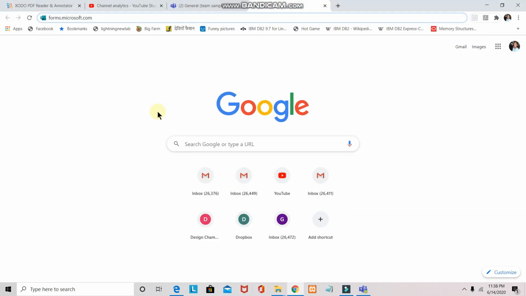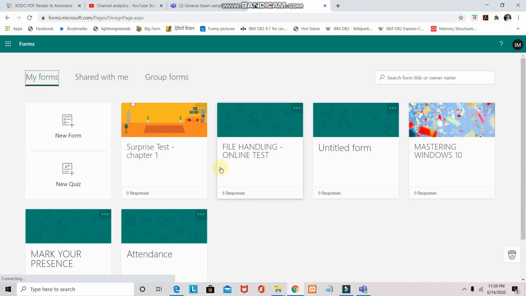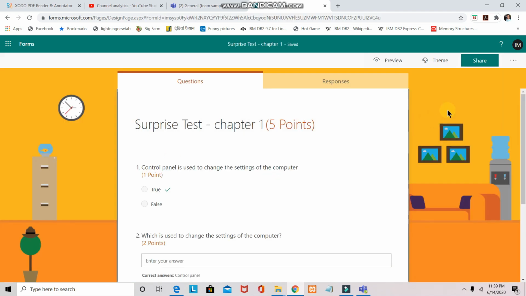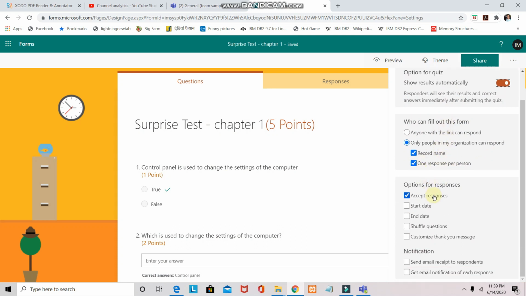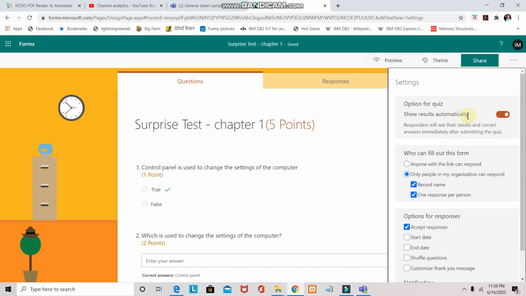At any time we can go and see whatever forms we have created by typing forms.microsoft.com. My forms are getting loaded. Here, after clicking the form, one option which we need to set is, after going to settings, we have to select accept response here, and here results automatically is here.